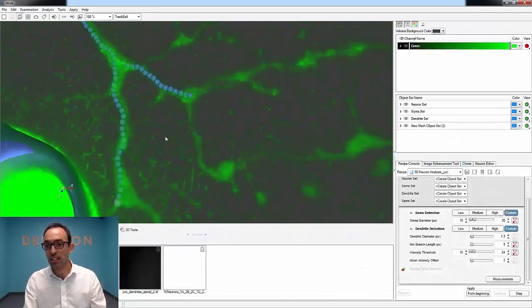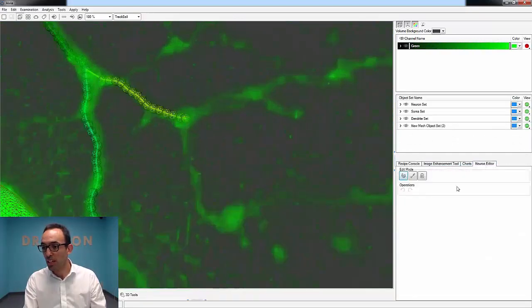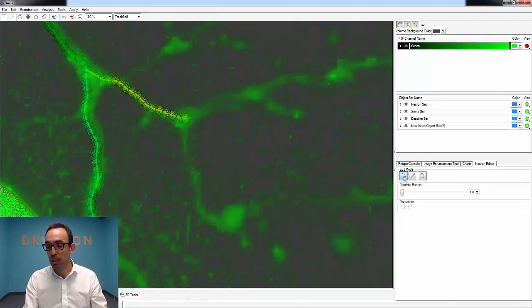If I had a data set like this and I wanted to do some editing, we can go into this mode here called Neuron Editor, and you can select the pencil, dendrite pencil, and determine which diameter you want to draw at. I'm going to set it to 2.5, and then you can just simply draw. This is obviously too large, so I can just go back, set it a little smaller, and do it again. It's still too large. Maybe 1.2 is good. So I can draw like this,